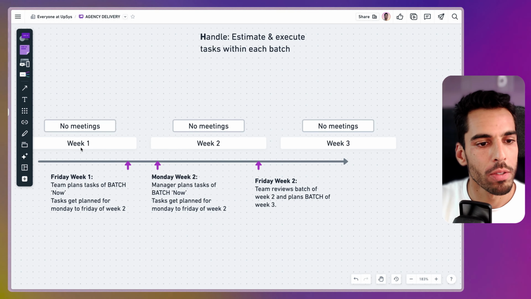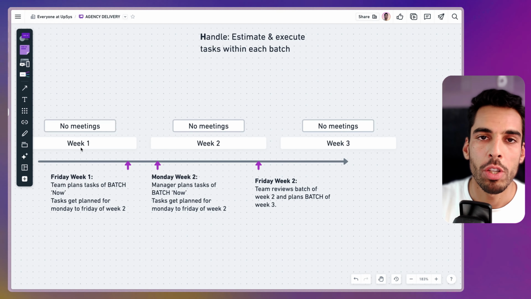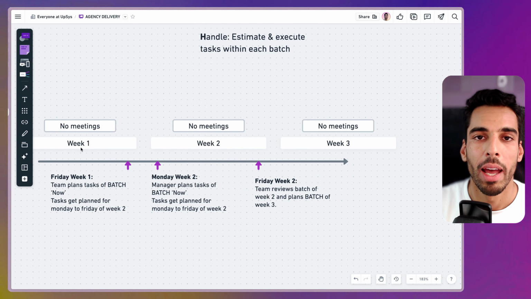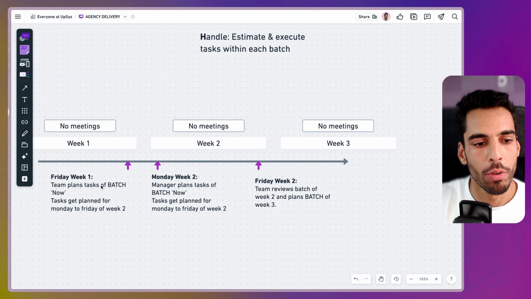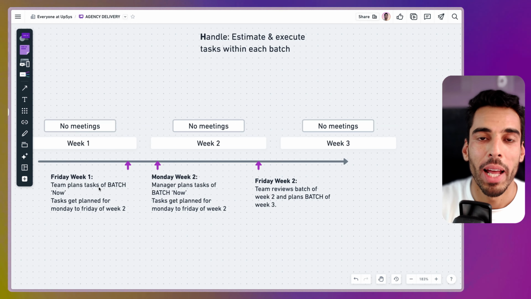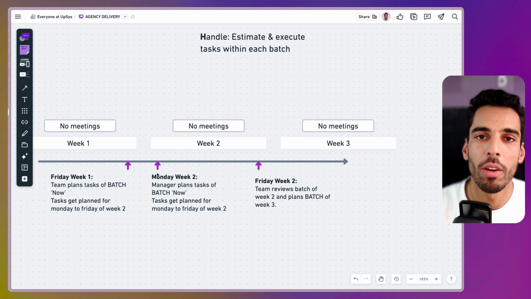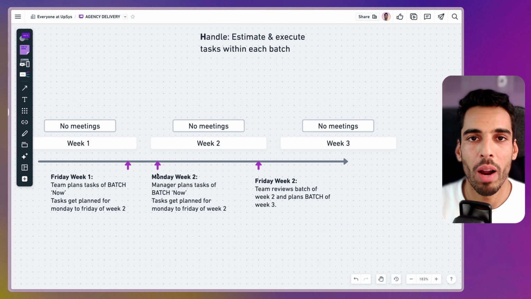What it consists of is having slots on Mondays and Fridays for working together, and slots from Tuesday to Thursday for focus. On Friday afternoon, as a manager or founder, you will focus on planning your team's batch, your now batch, what your team has to work on for the next week. You'll spend some time looking at what you have to focus on, and you're going to plan your tasks for the next week. Then on Monday morning, you're going to have a 1 to 4 hour meeting, depending